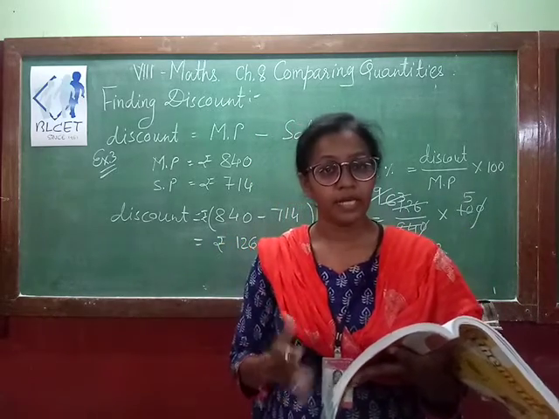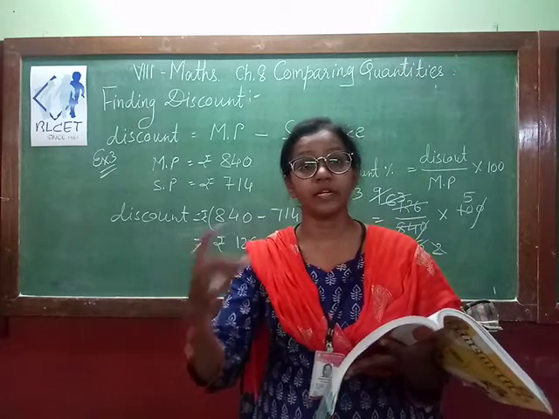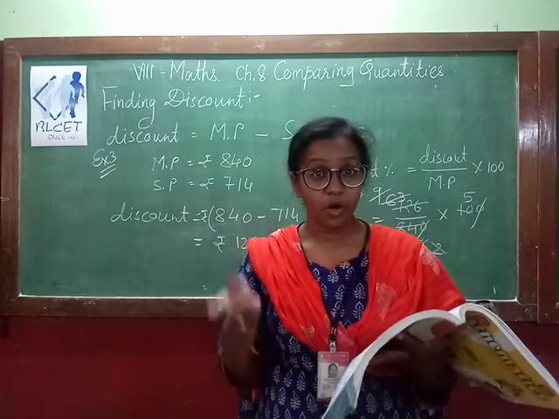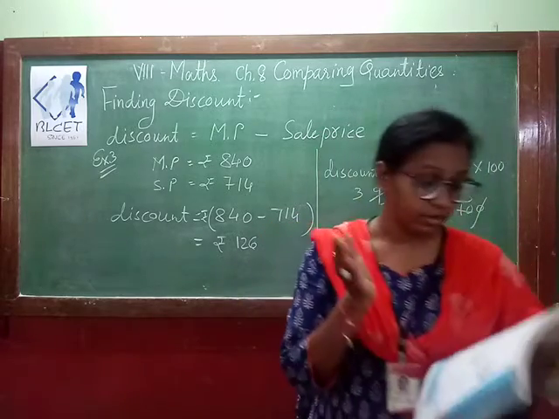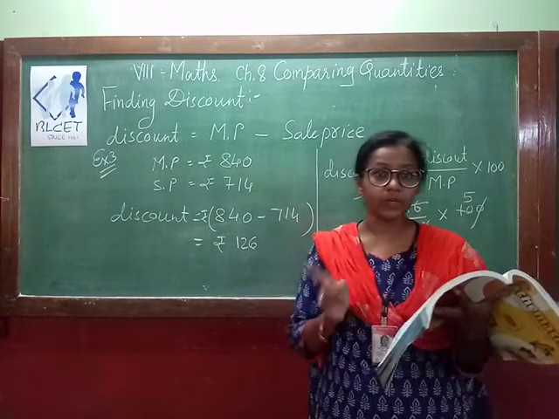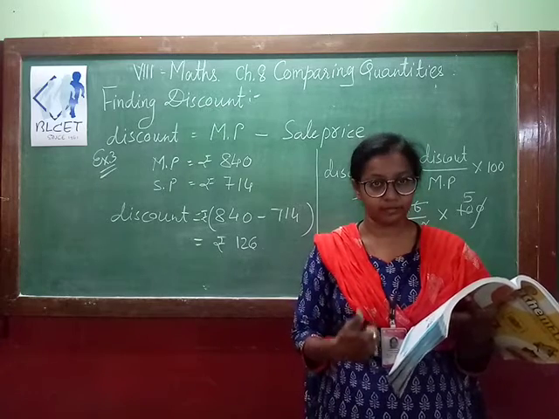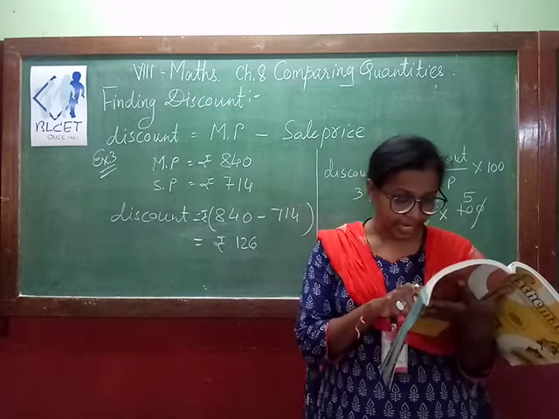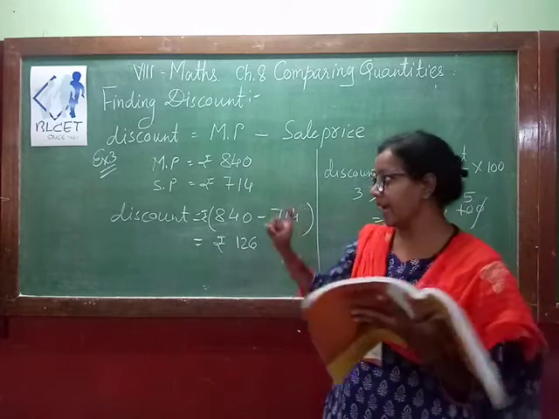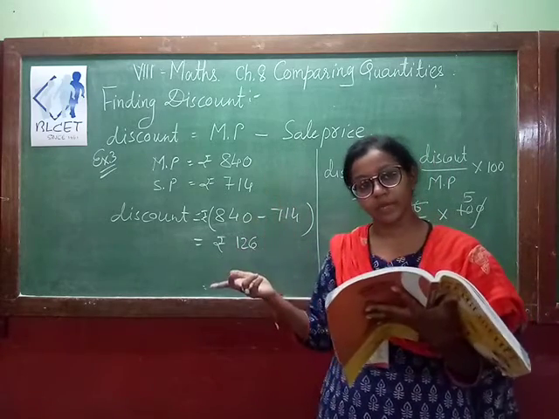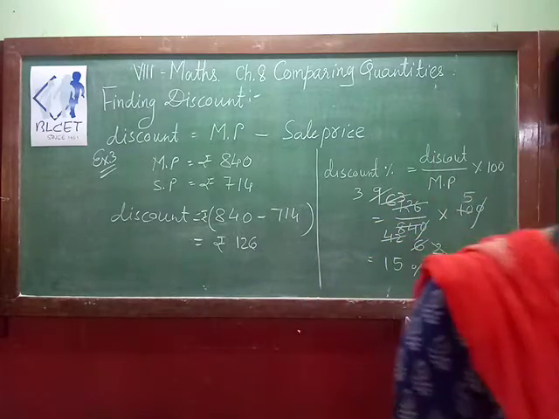So for that, what we have to consider, whatever discount in percent is given, always we find the percentage in terms of 100. If you don't know selling price, if you don't know mark price, then you have to consider your mark price is 100. On that 100 rupees, you are getting the discount. Whatever percent is there, it converted into rupees automatically as you are taking the 100 as a rupees mark price. So mark price is same as the list price. Okay, whatever price is written on the frog, that is your mark price, or you can say list price. So let's see how to solve this question.